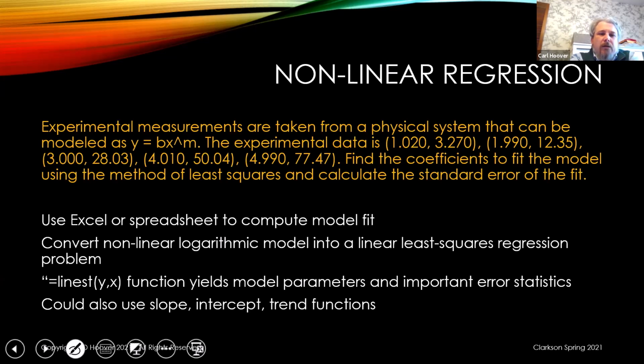So we're going to use Excel to do this next problem. Experimental measurements are taken from a physical system that can be modeled by y equals b times x to the m. The experimental data shown here: 1.02, 3.27, 1.99, 12.25, and so on. Find the coefficients to fit the model using the method of least squares and calculate the standard error of the fit. Note first that this is not y equals mx plus b,